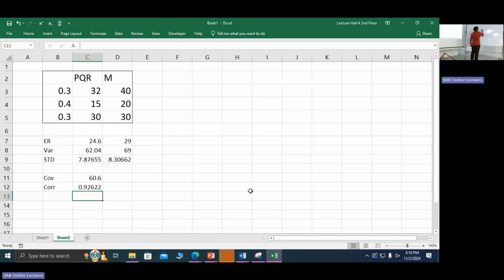So beta coefficient for the PQR, you can calculate as the covariance between the PQR stock and the market portfolio divided by the variance of the market. So then beta is equal